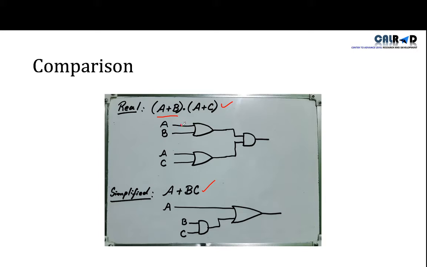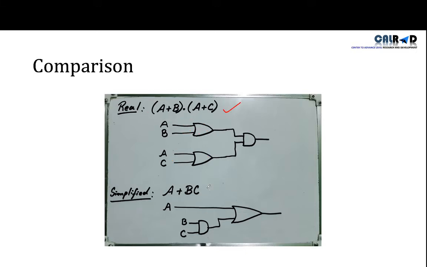a + b. So this is a, the second one is b, and which gate will we use? Because we are adding the inputs, we are using the OR gate. So here the OR gate is used. The second one is a + c. So here also an OR gate, and we give a and c. Now we have to combine these two, so we will use the AND gate, and we will check the output. So this is the diagram for our first equation.